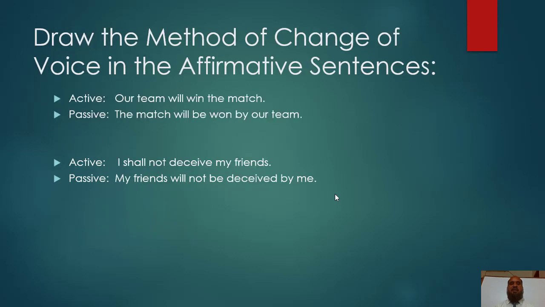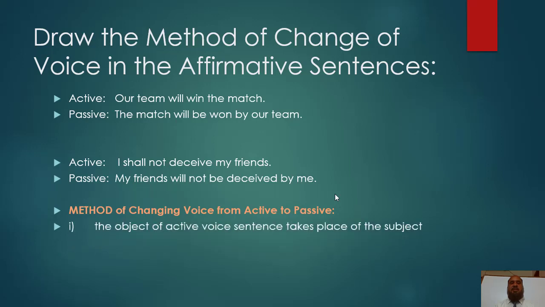Let us draw the method of change of voice in the affirmative sentences of future indefinite tense. Active voice is our team will win the match. Its passive is the match will be won by our team. Active voice number 2, I shall not deceive my friends. Its passive is my friends will not be deceived by me. Now the method of changing voice from active to passive is,